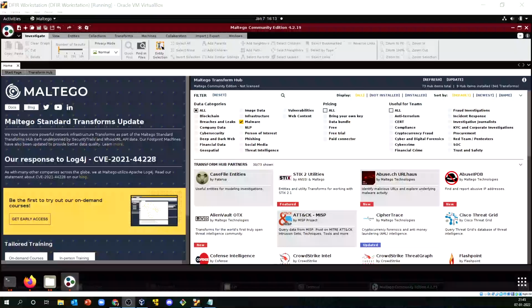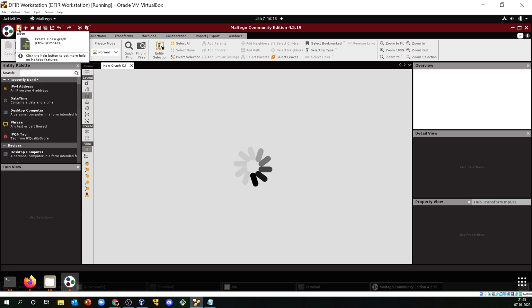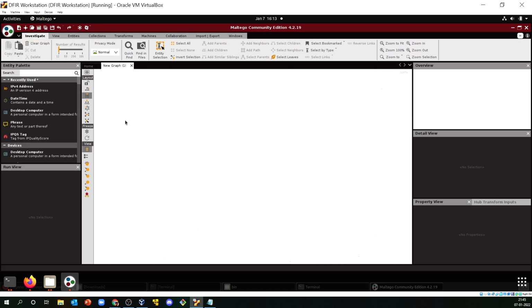Once you have installed some Maltego transform hubs, the next step is to create a new graph. If you click this plus icon, it will land you on this page as a new graph. It takes some time to load, so be patient.